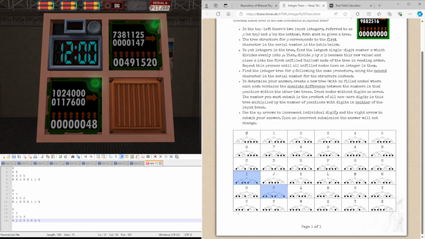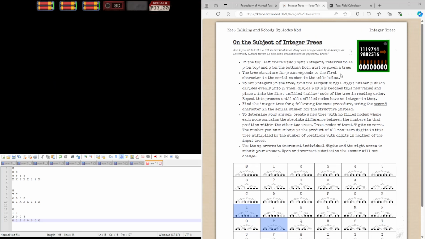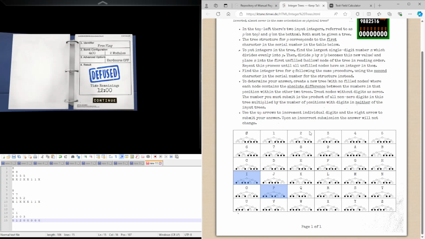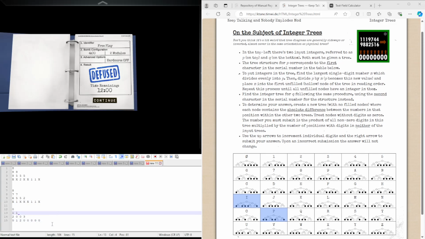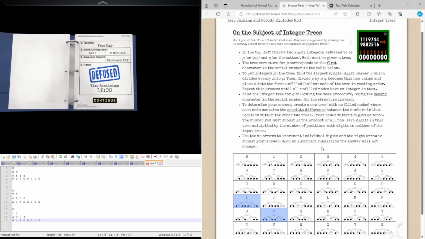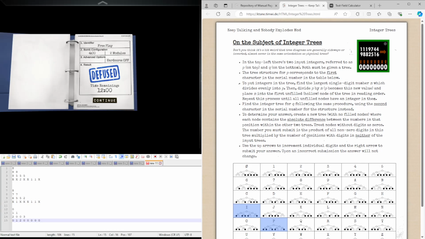So that was integer trees, or should I say the new integer trees, compared to the old one. It's possibly slightly longer than the original one, but still relatively simple to understand once you've got it down. So hopefully this tutorial made integer trees a bit clearer,